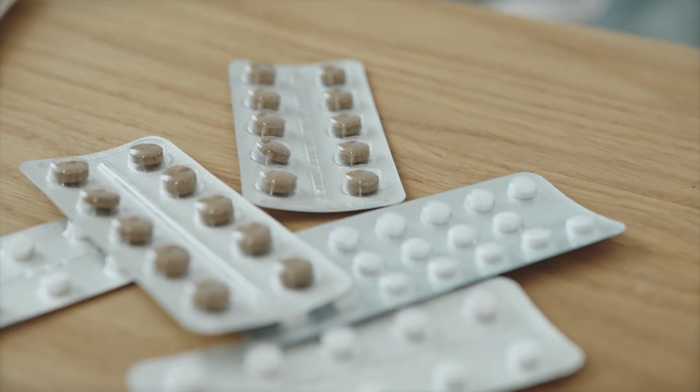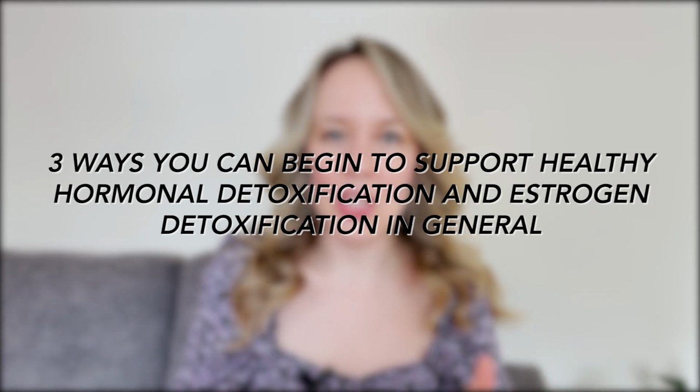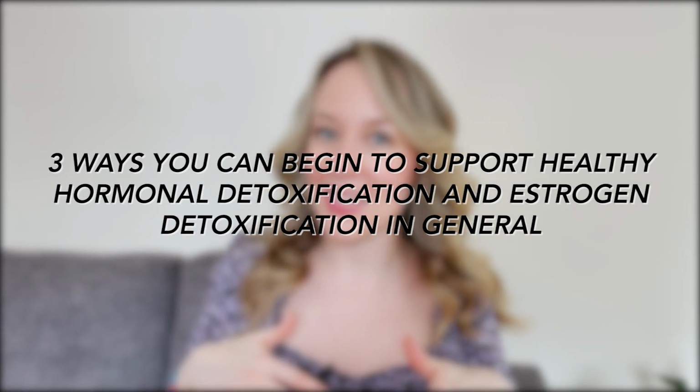Now, this is a wild simplification of how your liver impacts your hormones and how it impacts your hormonal acne. But please know, if you've been taking the hormonal birth control pill in particular for an extended length of time, these pathways are probably a little sluggish and you need extra support. Three action steps you can take to start to support easy liver detoxification to support natural hormonal acne clearing are: